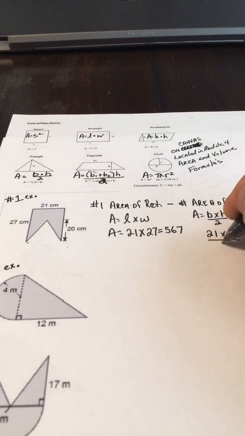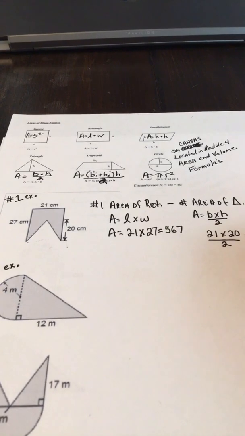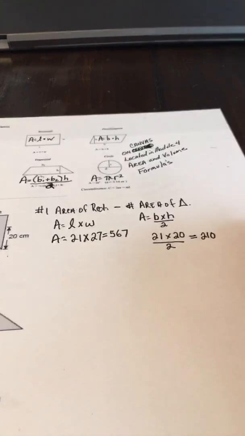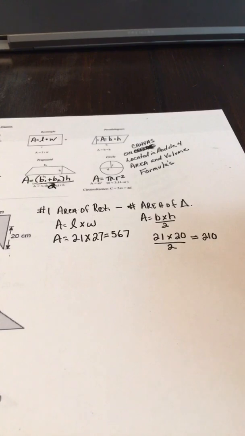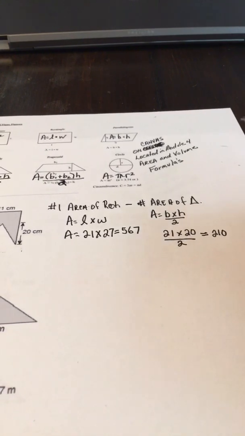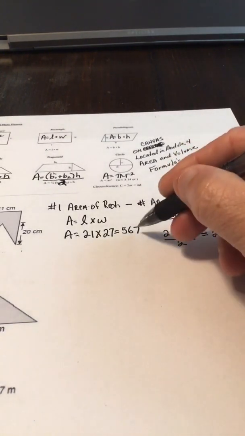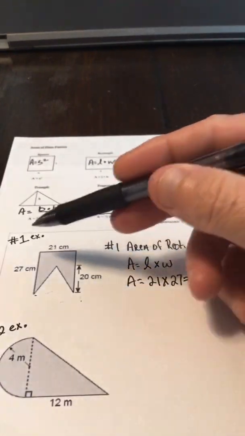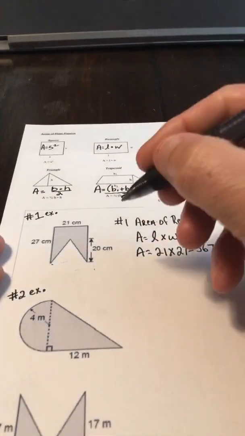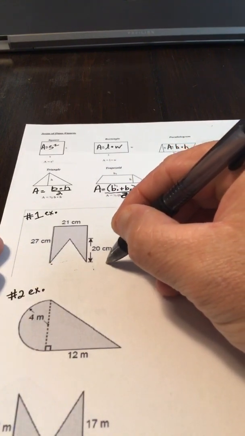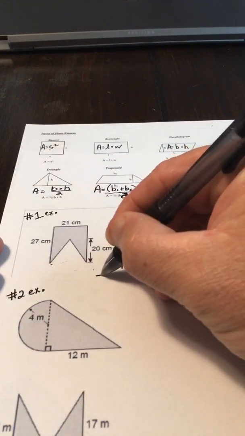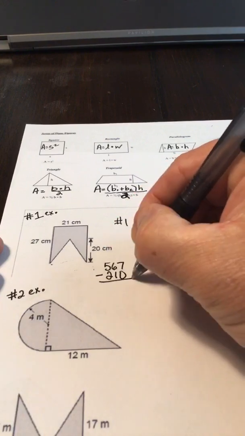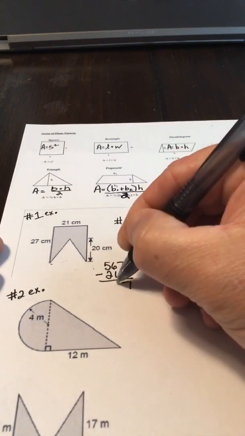And I'm going to divide all that by 2. So that's going to give me 210. I'm cheating. I've already done the math. Okay, so what I need to do is subtract 210 from 567 to find the area of this composite figure. So we go 567 minus 210, and that's going to give me a total of